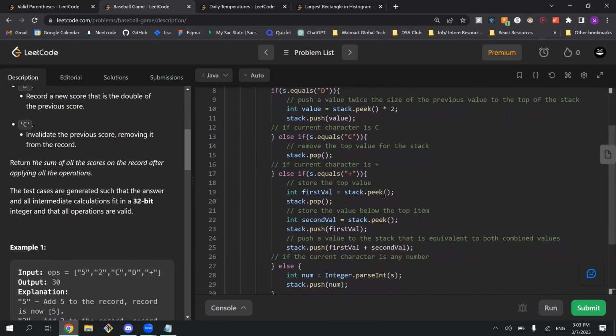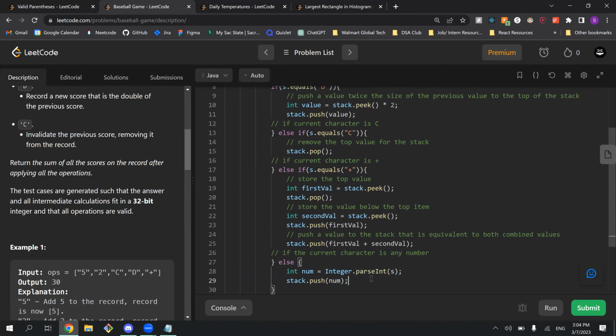It's very similar to a switch, where we check if the value is equal to something. One of the cases I ran through when figuring out this problem was I noticed that you can push in any number, like a 5 and a 10 or a 20. And there's no way to check if s dot equals any number like I did with the plus sign or the C or the D. So I found that if you just put that at the bottom in the final else statement,